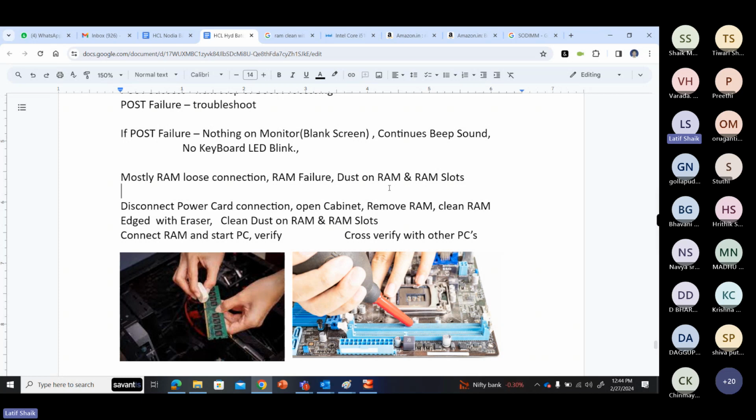So now we have an assumption: you get a POST failure, meaning generally, first, initially, we remove the cabinet, power off the system, remove the power connection, remove the cabinet, remove the RAM, clean the RAM, and go to the RAM slots also, try to clean them, reinsert it, and try once. Working, good. Not working,